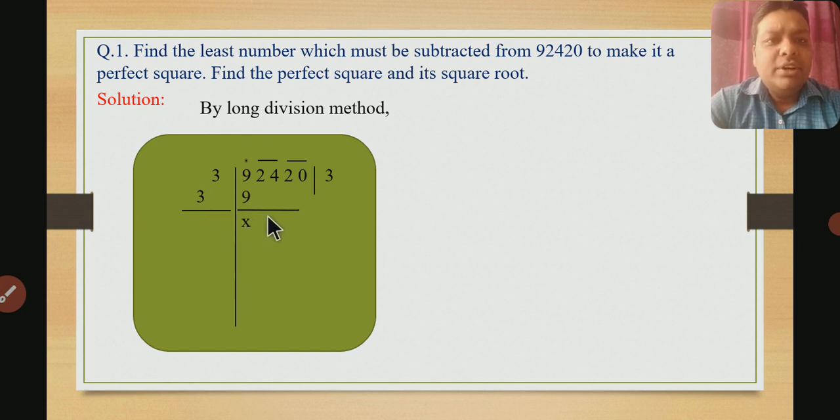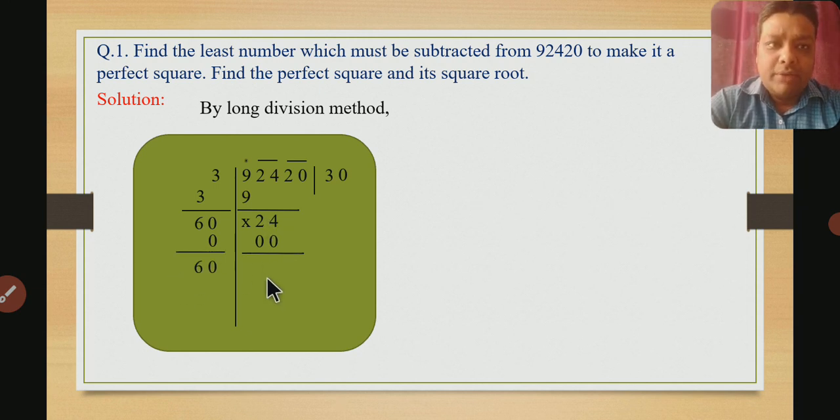After that we will bring down one period, 24. Now what number can we add? We can take only one digit, not two. Because if we write 1, 61 into 1 will always be greater than 24. In that case, if it is not divisible, we will write 0. So 0 we will write here, again 0 and again 0 here also. So 60 plus 0 will be 60, but 60 into 0 will be 0. Now we can say it will be 60 and it will be 24 after subtracting.